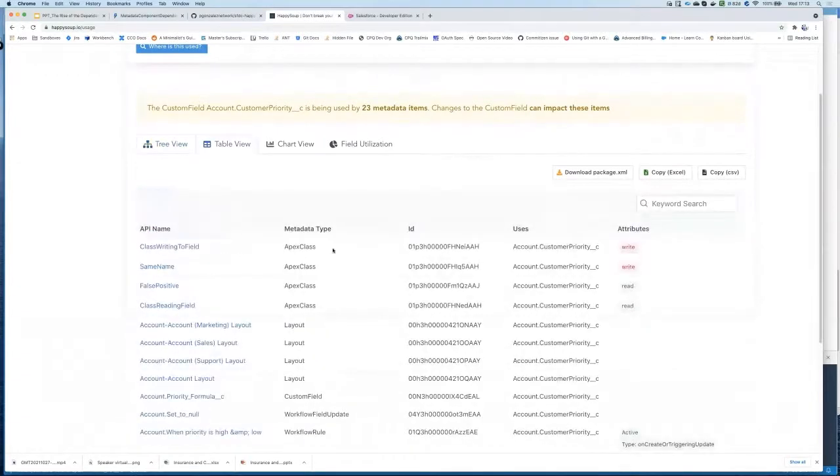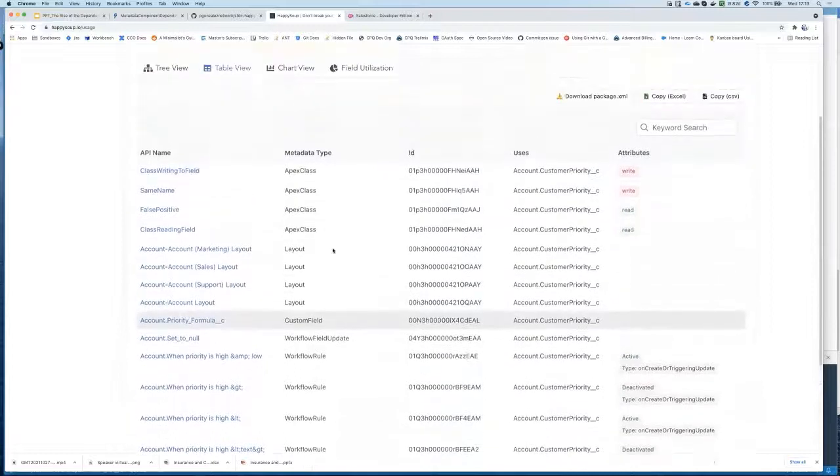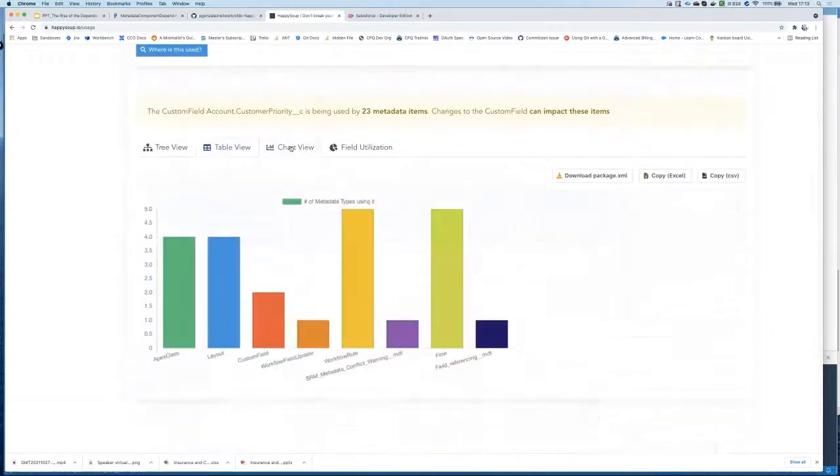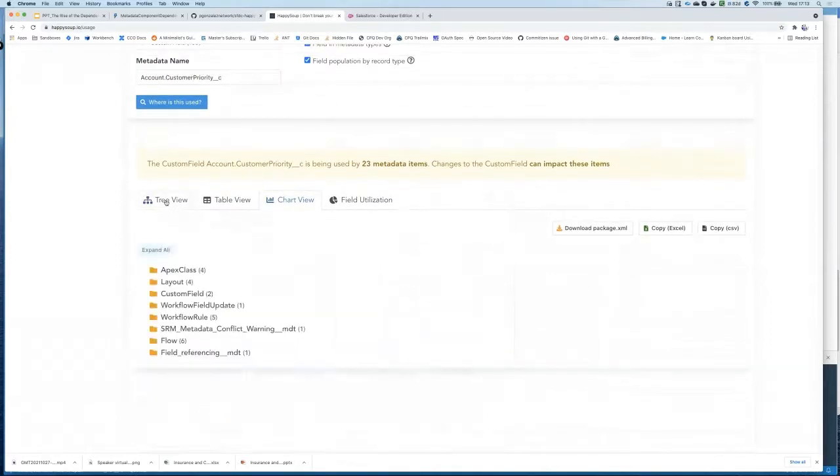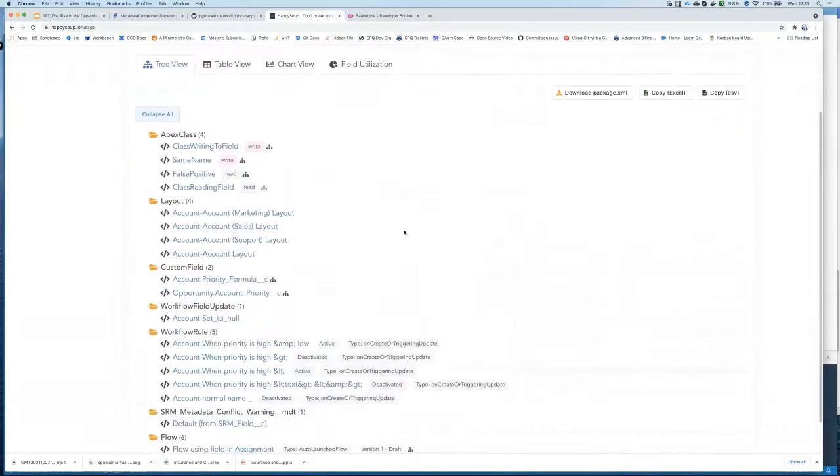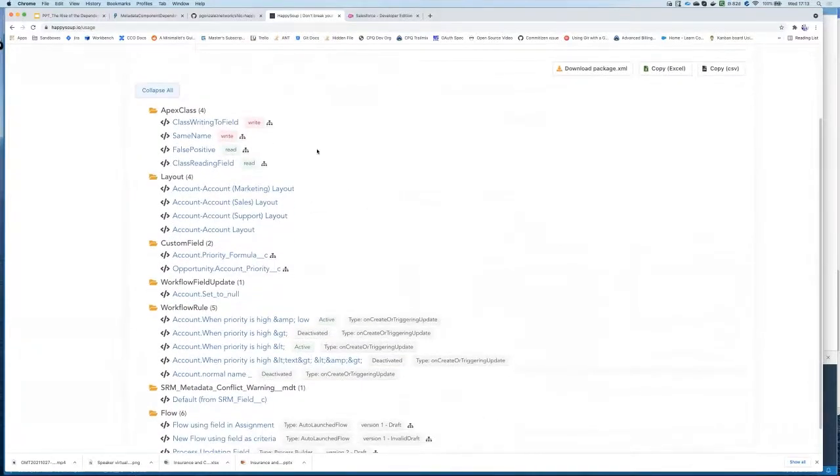I can also see the information very quickly in a table view, and I can also see a chart representation so that I can very quickly see which of the metadata types will mostly be impacted by any change on this field. So if we go back to that preview and I click expand, we can see that there's a lot of detail that we provide here. For example,